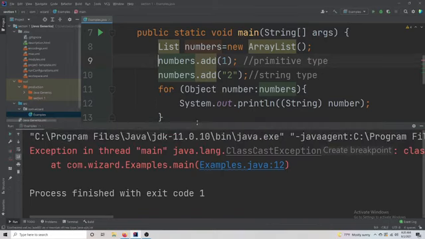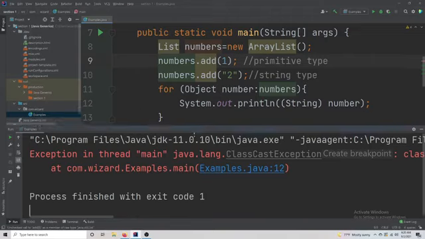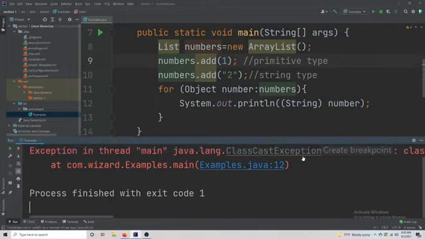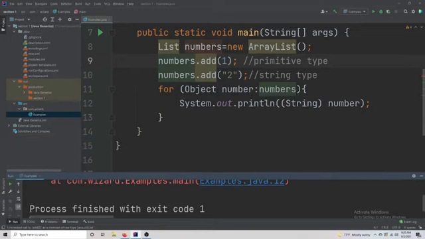This is where I'm going to introduce generics, because you can see that we're getting an error. Everything over here is nice. We aren't receiving any error at compile time, but we are getting a class cast exception. We don't really have an error shown over here. So that's where generics come in. So if I take this string out